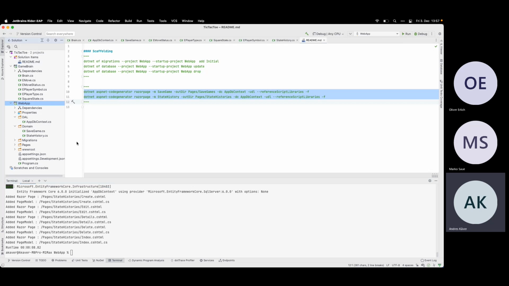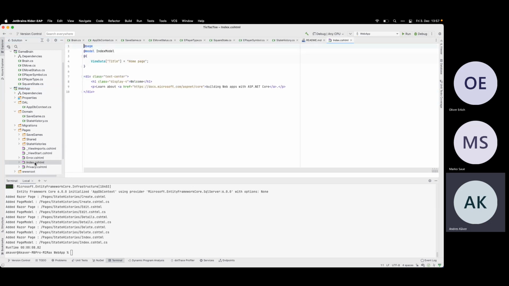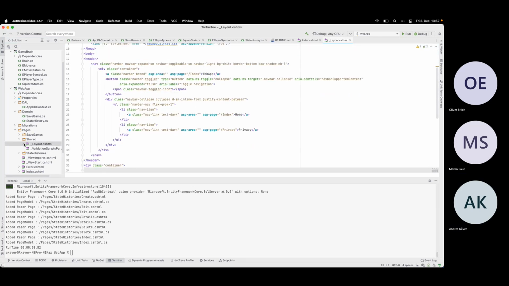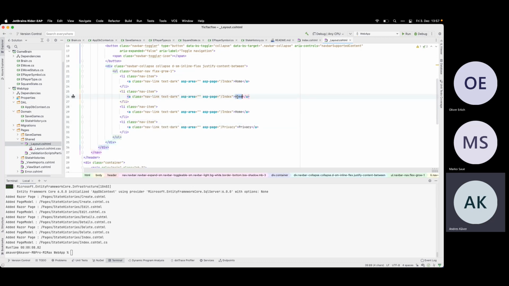So everything was done. Now I can make those visual in the layout. So this is the save games. And this is the state histories.